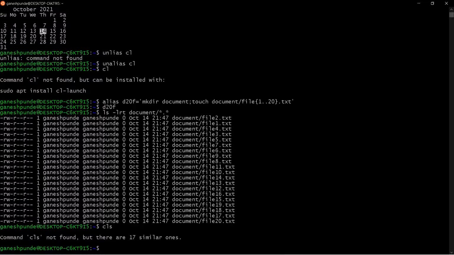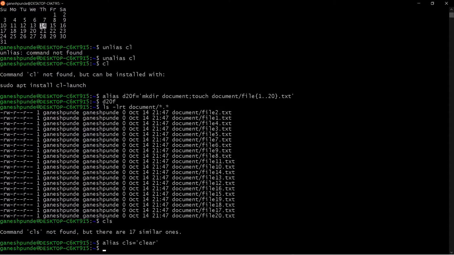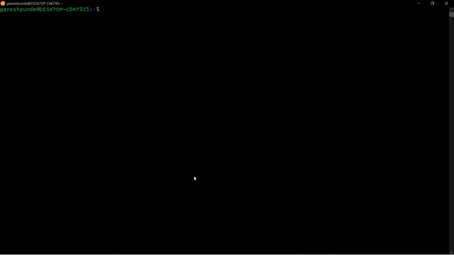So, I am a lazy person, what I will do is just say alias CLS equals clear. Now what will happen? Whatever the clear command does, the functionality of clear will be assigned to CLS. If I now say CLS, the entire screen will get cleared. You can see.